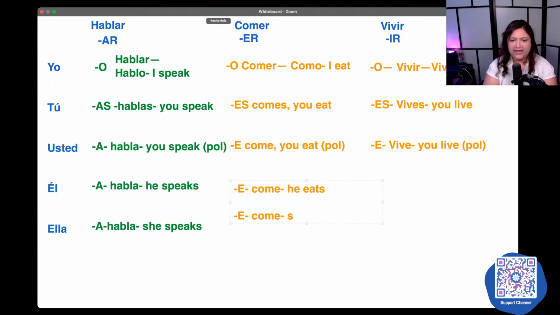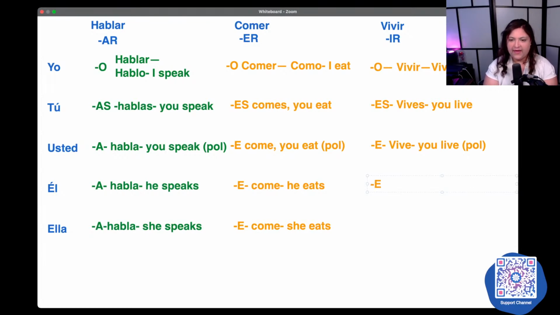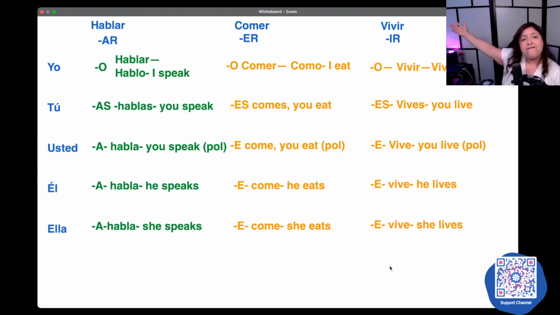Come también sería she eats. Vive. This can mean he lives. Or vive can also mean she lives. So, él vive en Washington. Ella vive en Nicaragua.